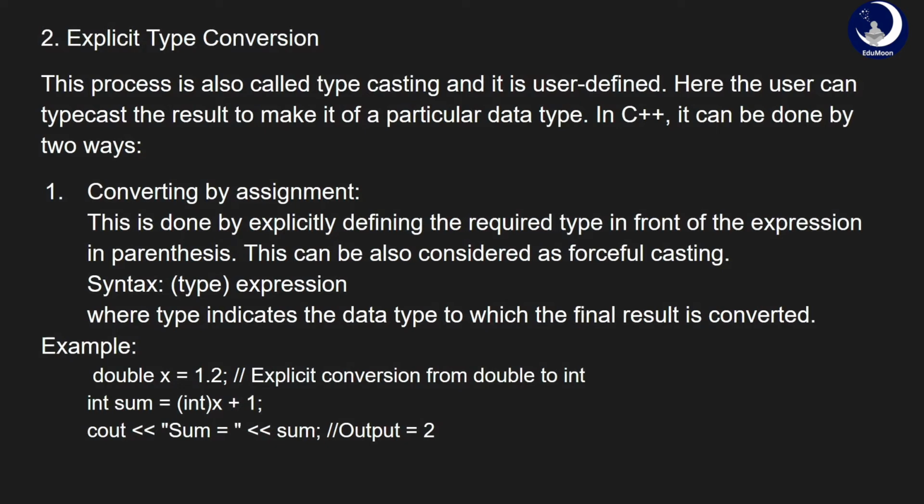Now int sum is equal to int in the parenthesis followed by variable x plus 1. So here int x will contain the typecasted value of double of x. That is, 1.2 is typecasted to 1. Now int sum is equal to 1 plus 1. So the value stored in sum will now be equivalent to 2. You can also note that explicit type conversion is used to downcast the type of variable, whereas in implicit type conversion, it's used to upcast the type of variable. That is, using implicit type conversion, you can convert from integer to long and then to double. That's in an increasing order. But using the explicit type conversion, we are converting from double to an integer.